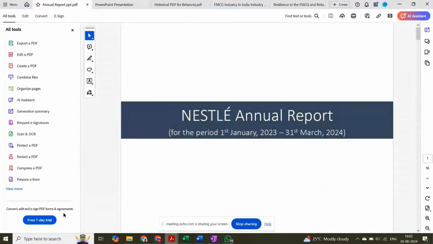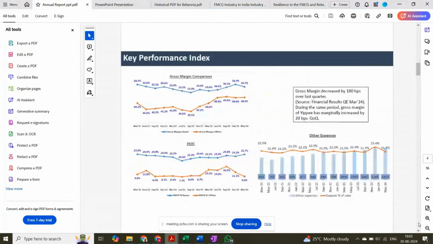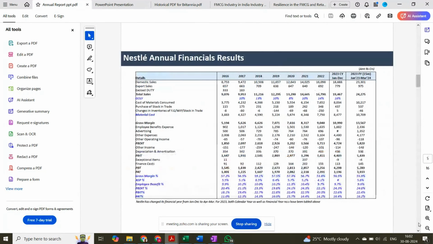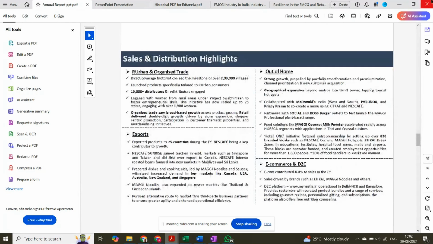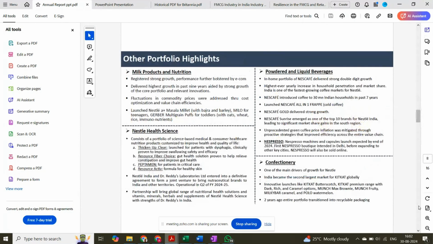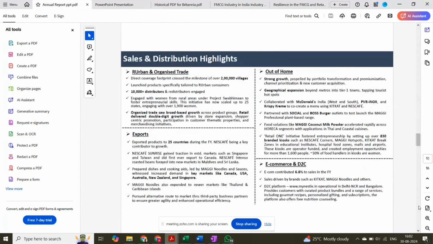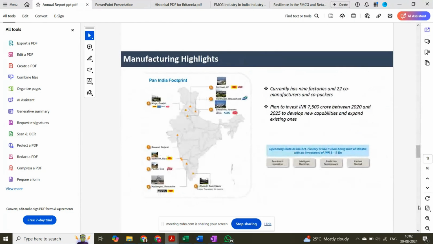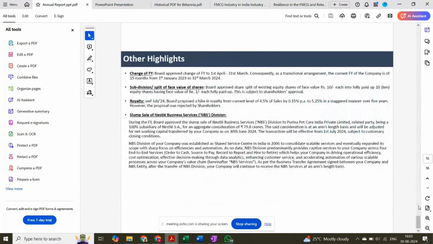So what we've got is an annual report from Nestle, where you can see various numbers and you can see various text, right? It tells us what their marketing highlights are and what their sales and distribution highlights are, etc. And finally ending up with some numbers. We're also going to use